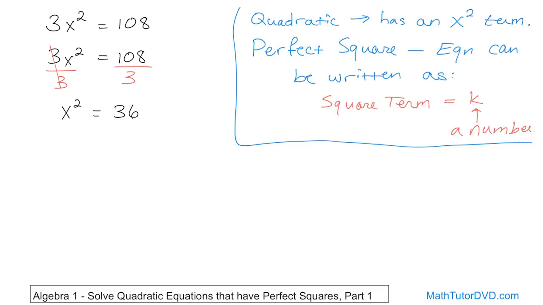So you see, initially, we start the equation like this. But just by one single step, we can get the equation into this form, which is x squared is equal to a number. Now look at this. A perfect square, a perfect quadratic square, is when you have a square term, which is what we have, a square term, equal to, we call it